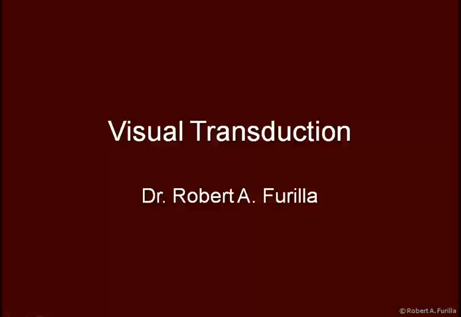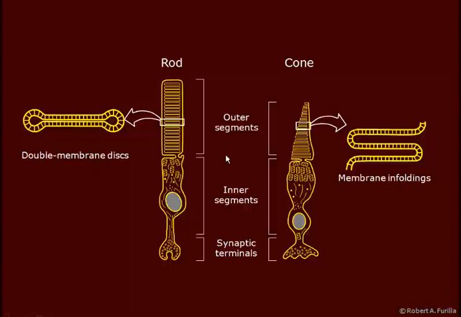In this segment, I'm going to talk about the transduction of light to potential. Transduction occurs in rods and cones, which we see here. Both rods and cones have large surface areas to hold the photoreceptor molecule. Rods accomplish this by stacking many of these double-membraned discs, a little bit like a stack of pancakes, whereas cones do it by folding the membrane back and forth, a little bit like the old computer paper that we called